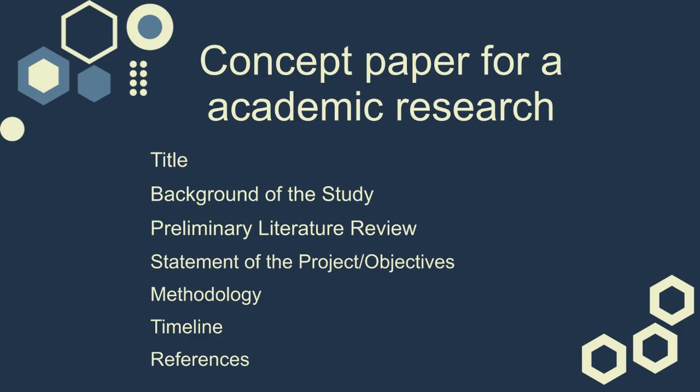Title of an academic research paper is the name of your study. It gives a clear idea of what your research is all about. Make sure that it is easy to understand. It will tell exactly what the study focuses on. It should not be too long and it should be informative.